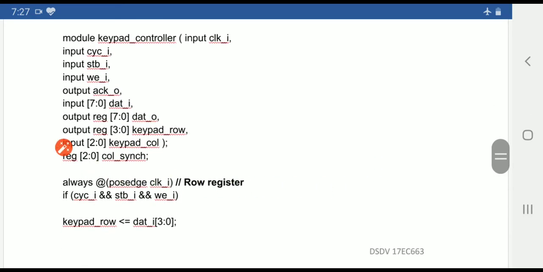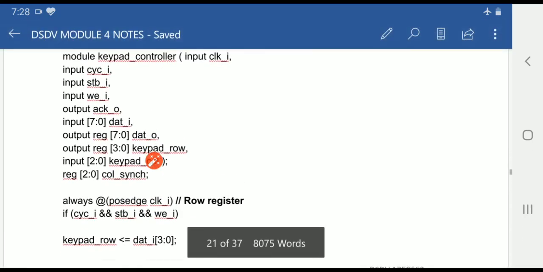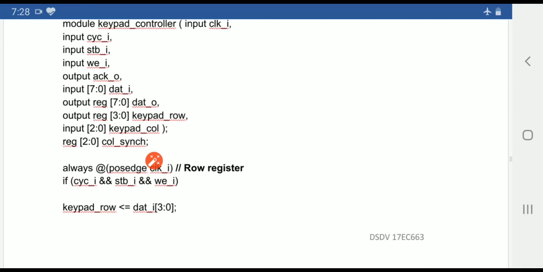These are all the input and output signals of the keypad controller here, like cyclic, strobe, write enable, acknowledgement. Data input is 8-bit here, and data output using a register is 8-bit again. So now all other signals are defined here. I am only focused on what happens in the keypad controller when the keypad is pressed.